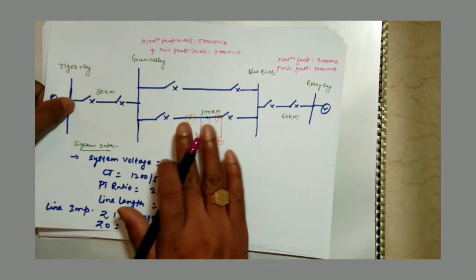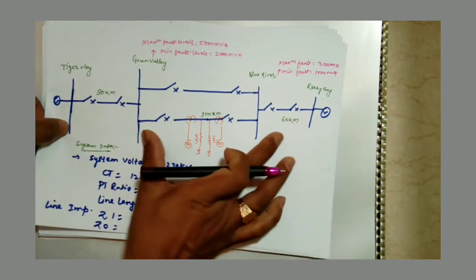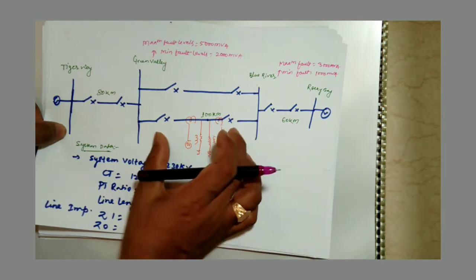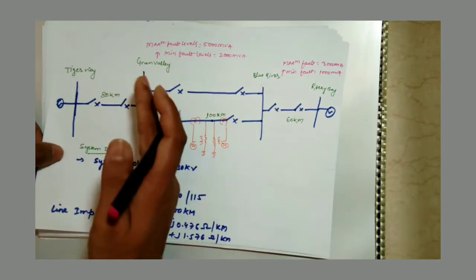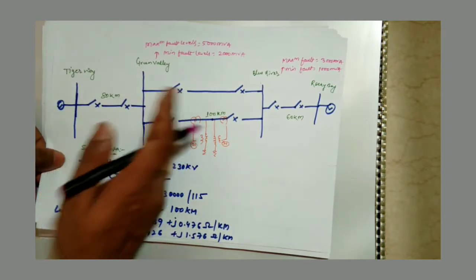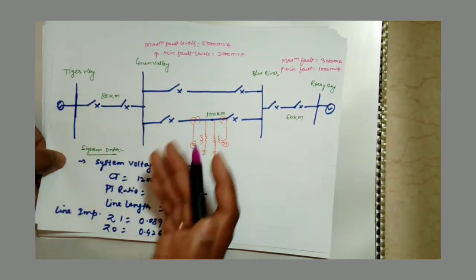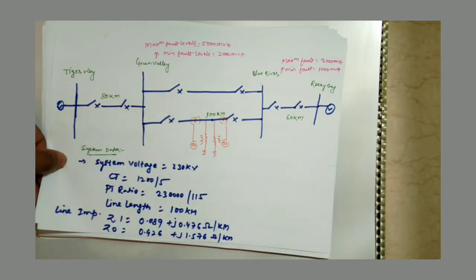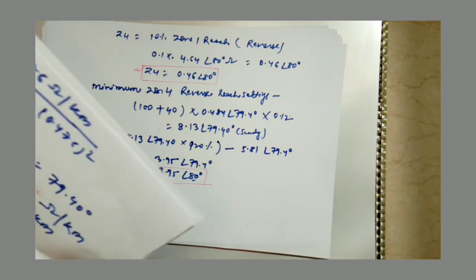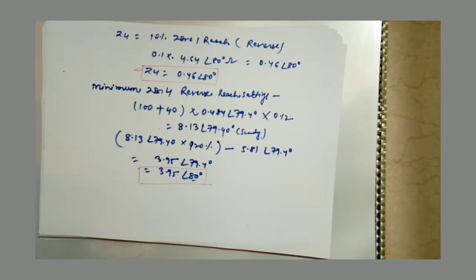Since you have already protected this line, 120% of this line, we have covered this line in zone 3 protection. In the reverse zone we have covered 10% of this zone, and we also have to cover in this scheme the 120% of this line length. So we have covered it in the reverse direction also, since zone 2 has to cover the reverse direction too. So in that way you can calculate zone 1, zone 2, zone 3, zone 4 for any line. All you need is the positive sequence impedance and the zero sequence impedance.